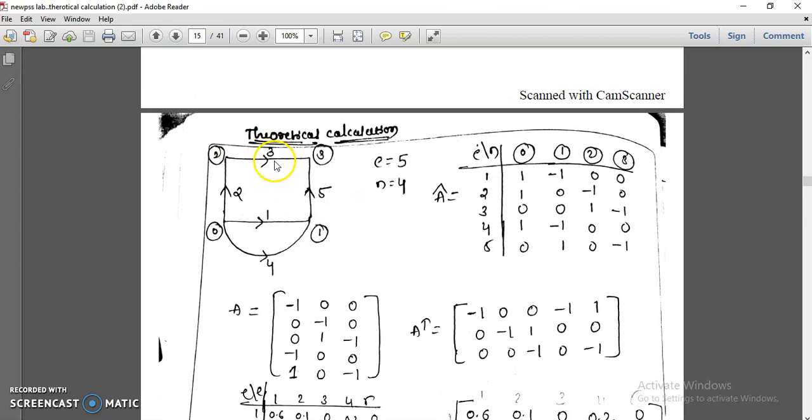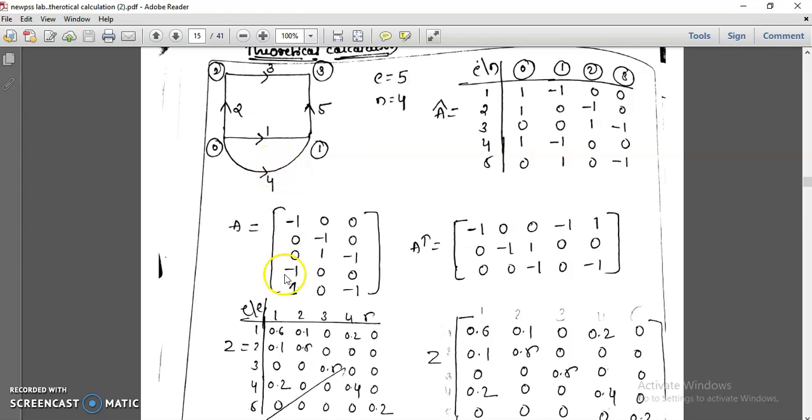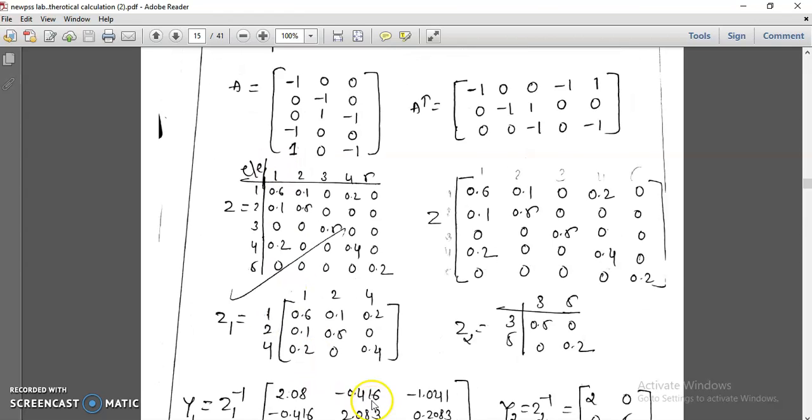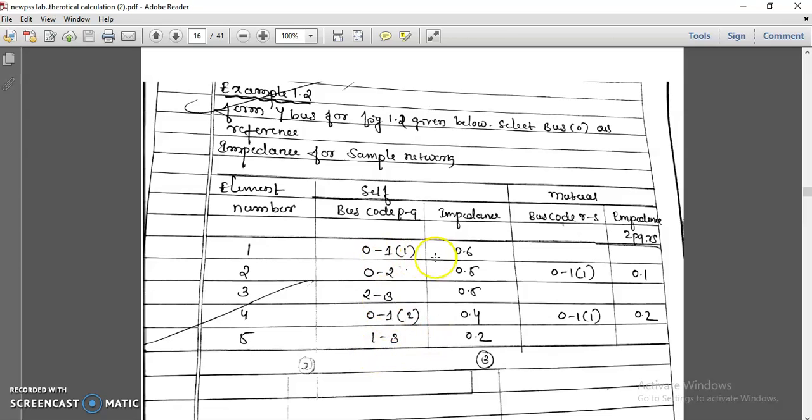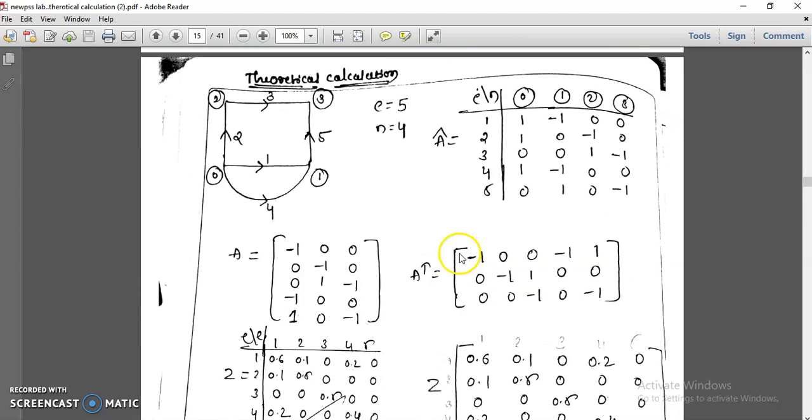And now you have to form the impedance values also. As per the problem, all values they have given are self impedance. Check it in this problem. Self impedance 0.6, 0.5, 0.5, 0.4, 0.2, all 1, 1, 2, 2, 3, 3, 4, 4, 5, 5, all self impedance. Mutual is what here? 2 to 1, 1 to 2 is 0.1, and 4 to 1, 1 to 4 is 0.2. You have to take like that, because both sides are the same. And for element number 1, both sides 1, 1 only you have to take, 0.1, 0.2, for 2 to 1, 1 to 2, 4 to 1, 4 to 2.